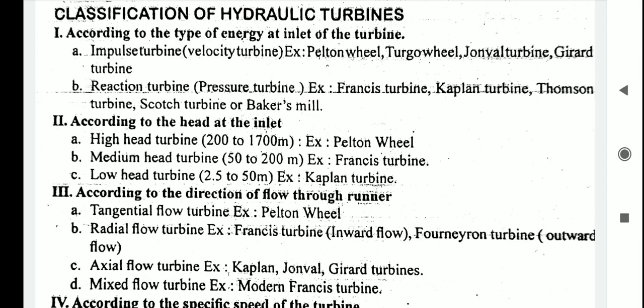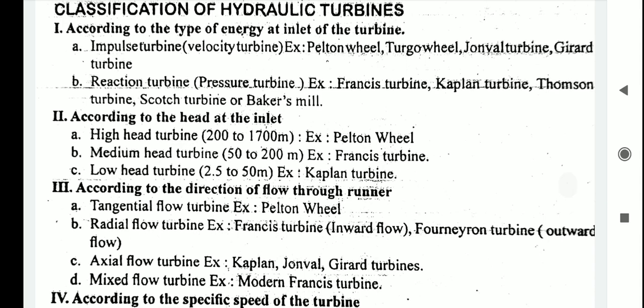In case of a reaction turbine, that is a pressure turbine, the turbine casing is filled with water, and the water pressure changes during the flow through a rotor, in addition to kinetic energy from the nozzle, that is fixed blades. As a whole, both potential and kinetic energy are available at the inlet of the reaction turbine for producing the power. So this is about impulse and reaction turbines, that is based on the action of water on a blade.